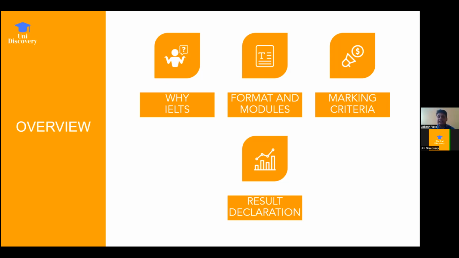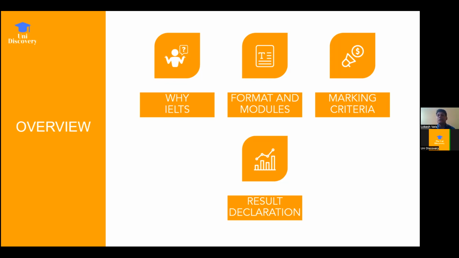All right. Then the second point we will be looking at is the format and modules of IELTS. Obviously, there has been a very slight change, but it is a positive one, because due to COVID-19, we moved to the online version of the IELTS examination as well. So we will discuss that in the second point. Then,